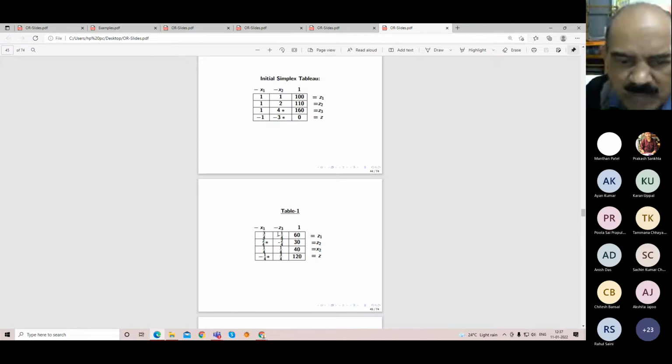So this will be minus 1 by 4. Then there is 2. This 2 is becoming minus 2 by 4, because you are dividing by 4 with a minus sign. 2 by 4 is the same as half, so you can also write minus half. This 4 has already been made 1 by 4, so there is no change. Then in place of minus 3, you are dividing by 4 with a minus sign, so this is plus 3 by 4. Now we have filled these 3 elements